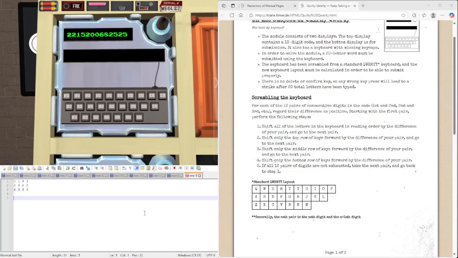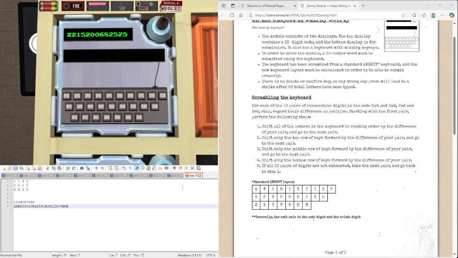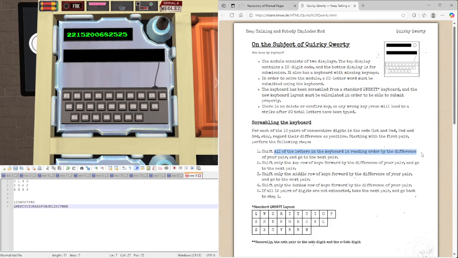So we're going to start. I'm going to first do this and I'll explain this later. And then we're going to type in our classic Qwerty keyboard layout. I'm typing it out like this to begin with, and I'm just using this as a guide to see where each of these lines start, where it's going to be 10, then 9, and then 7, which will be useful for these 3 steps. But the first step is to shift all the letters on the keyboard in reading order, so considering the whole thing as one long string,